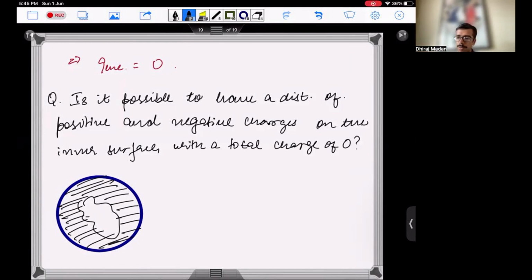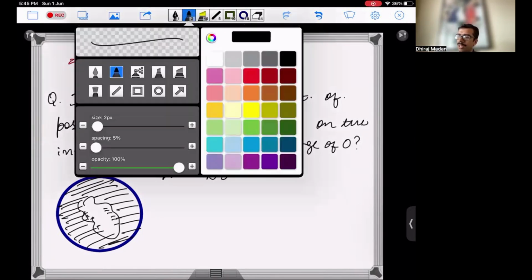Basically there can be some parts which are positively charged, some parts which are negatively charged. Is such a distribution possible such that the net is 0? The answer is no. Why? Because if there are going to be positive and negative charges on the inner surface, then